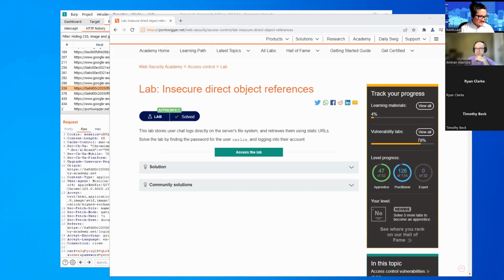This is lab number 6. In the workshop guide, we're looking at part 6, and we're doing step 2, which is review the lab instructions.